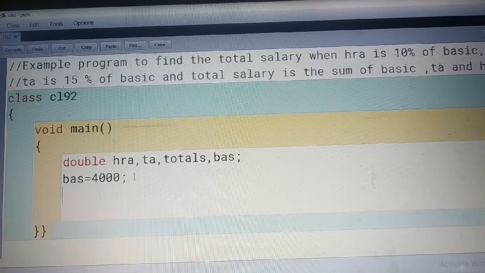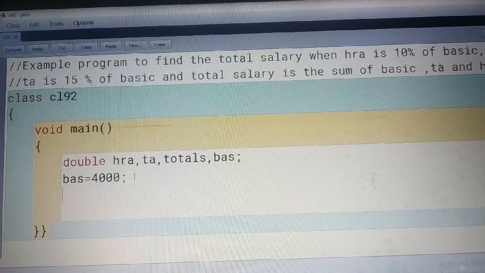House rent allowance is the allowance provided by the company if you are living on rent somewhere out of the city.